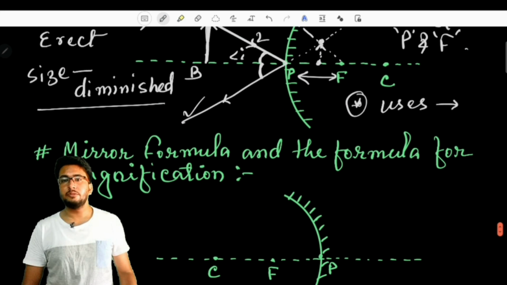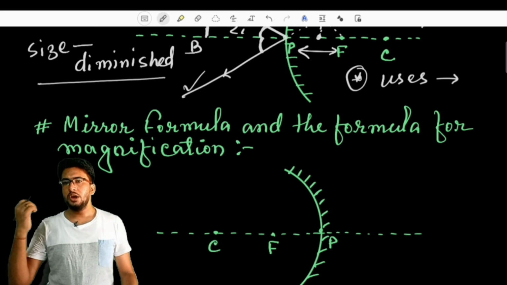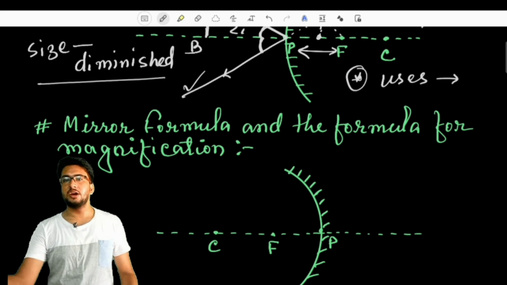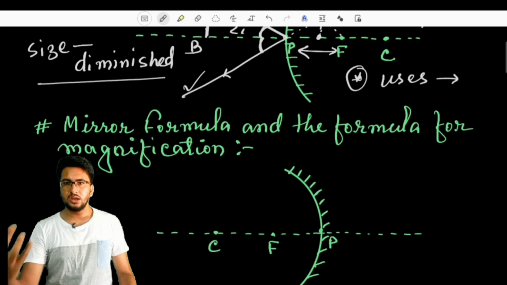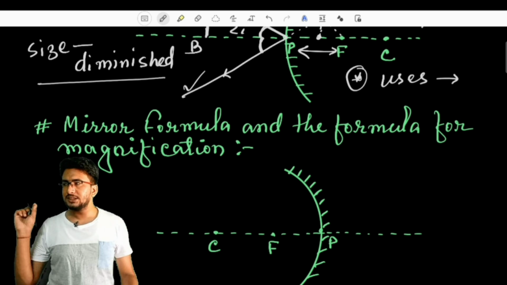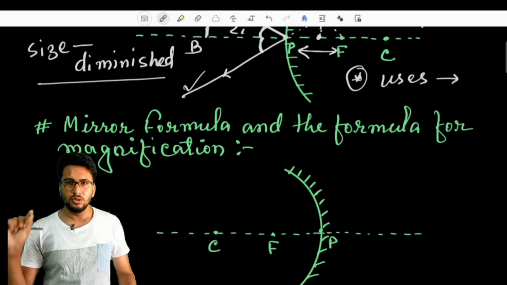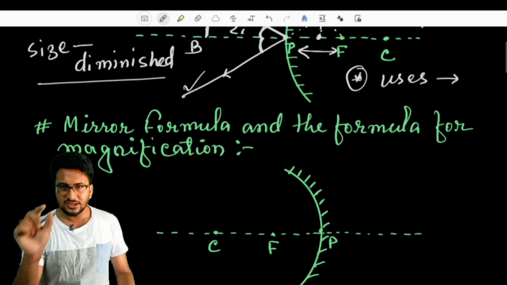Also, the rear view mirrors of vehicles: if you are riding a bike, you will see that all the vehicles behind you appear in the rear view mirror fixed in the vehicle, whether it is a bike or a car. So if you look at the mirror, you can see that small vehicles are coming behind you. Whether the vehicles are very small as they appear in the mirror?